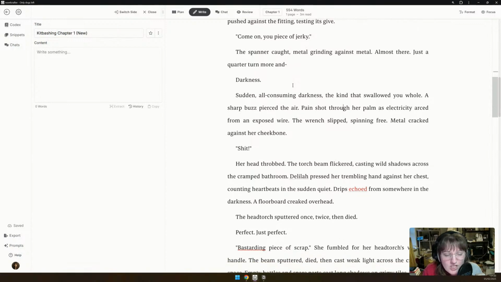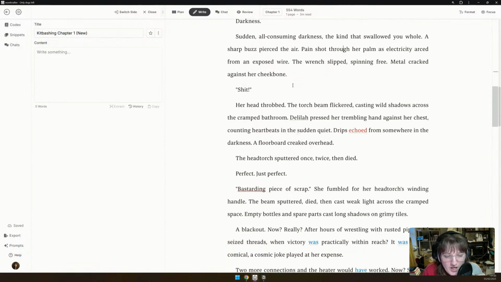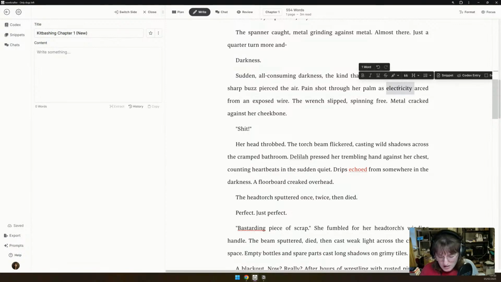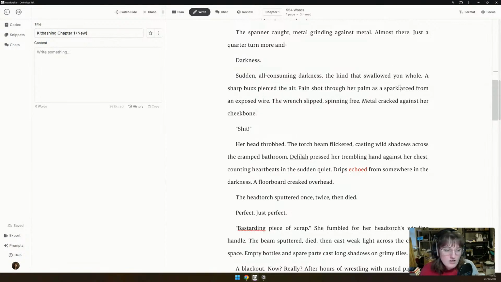Sudden, all-consuming darkness, the kind that swallowed you whole. A sharp buzz pierced the air. Pain shot through a palm as a spark arced from an exposed wire.